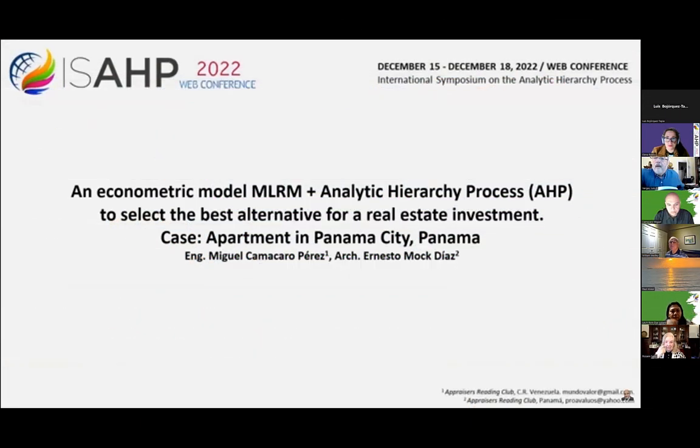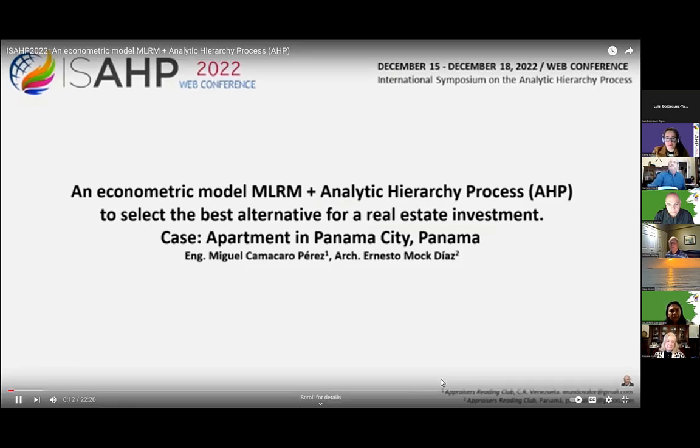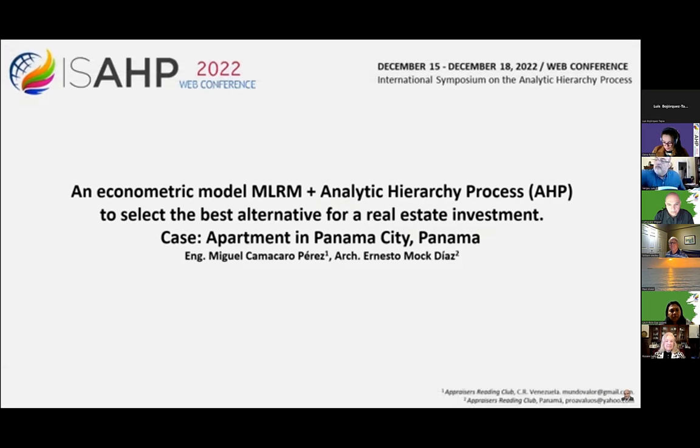The research work in econometric model MRLM plus Analytic Hierarchy Process, AHP. Select the best alternative for a real estate investment case. Panama City, Panama, and to the organizing committee of this event for the opportunity to make the presentation to such